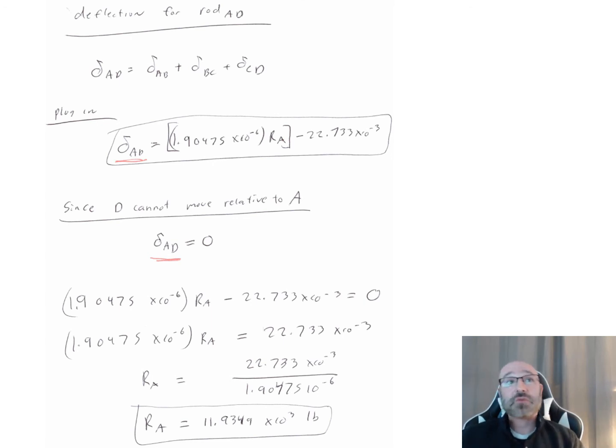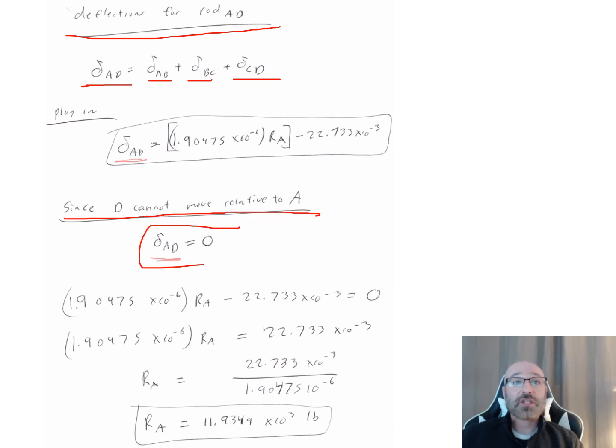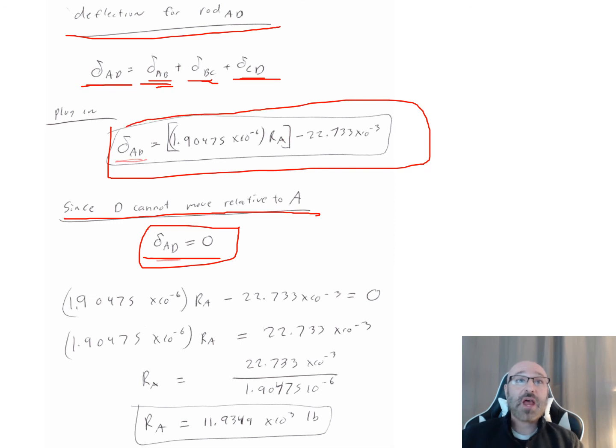Well, what we can do here is we have this relationship for the deflection of the entire rod. So we can say the deflection of AD is equal to the sum of the deflection of AB, the deflection of BC, and the deflection of CD. But we know that since D cannot move relative to A, the total deflection at the fixed support is 0. So we can plug in for all of those, for our delta AD being equal to AB, BC, and CD, and we end up with this relationship when we plug that in there,